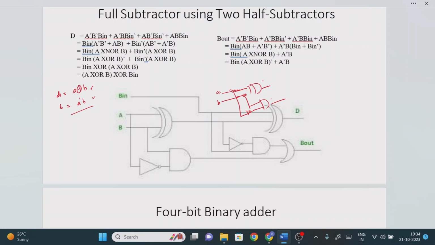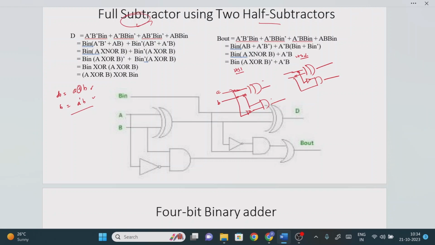Now the question is that by using these two half subtractors we need to design the full subtractor circuit. So for that, this is half subtractor 1, so let me take one more half subtractor 2, right? The same circuit I am going to consider here, nothing special. This is a bar, then this one is a b, which logic gate? AND gate. So this is half subtractor 2 and half subtractor 1. By using these, we need to design the full subtractor operation.